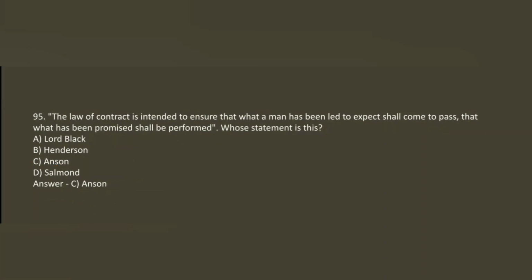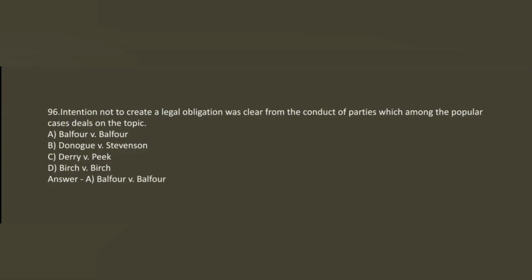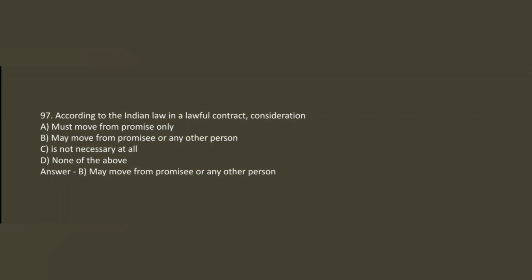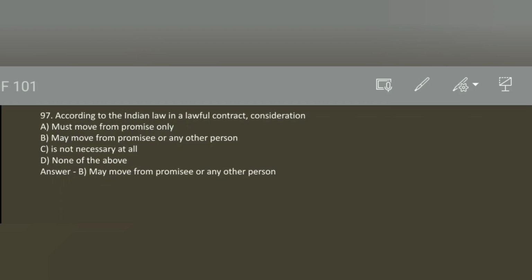Question number 95. The law of contract is intended to ensure that what a man has been led to expect shall come to pass, that what has been promised shall be performed. Whose statement is this? Correct answer option C, Anson. Question number 96. Intention not to create a legal obligation was clear from the conduct of parties, which among the popular cases deals with the topic? Correct answer option A, Balfour vs. Balfour. Question number 97. According to the Indian law, in a lawful contract consideration, correct answer option B,